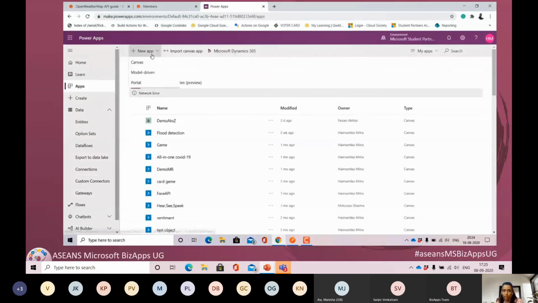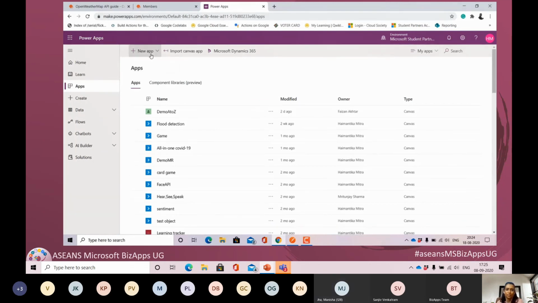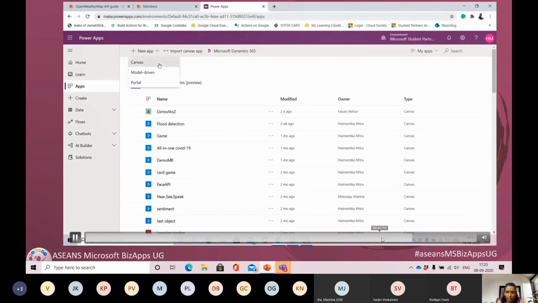Now once this is done, the final step is, what if we are trying to include this in our app? For that, it's nothing new. Here we'll just go to create a new app, a new canvas app.